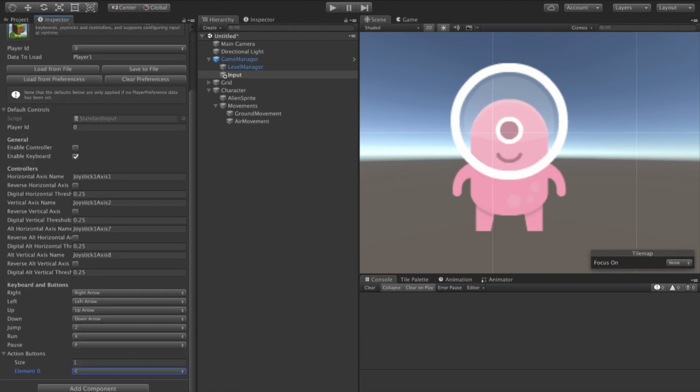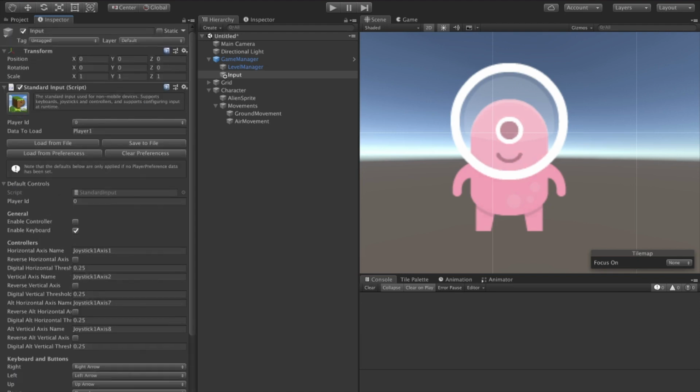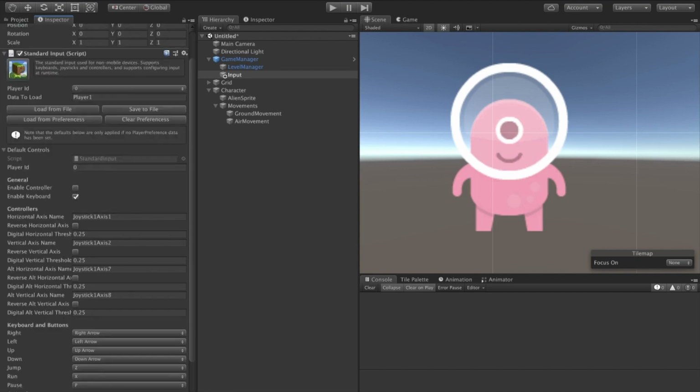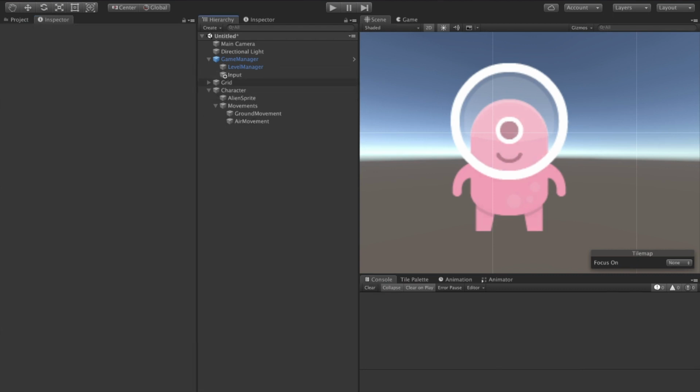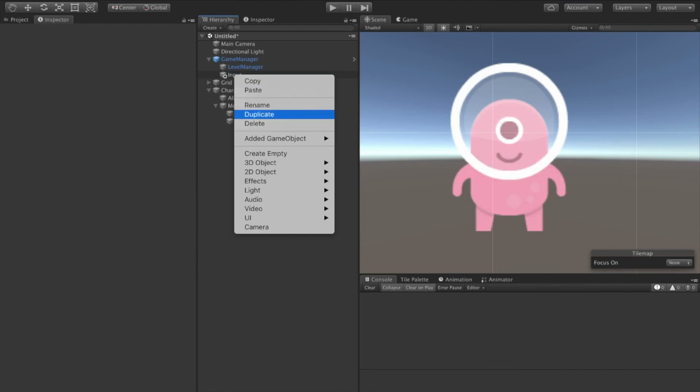One thing we want to do when we change a default is just hit this clear preferences button. Because what happens with Platformer Pro, when you start the game, the current preferences are loaded from player prefs. This allows you to configure input in the game, and then when the game is restarted, that same input is there. However, it's worth noting that these defaults will only be used if the preferences are clear. Let's apply this change to our prefab.